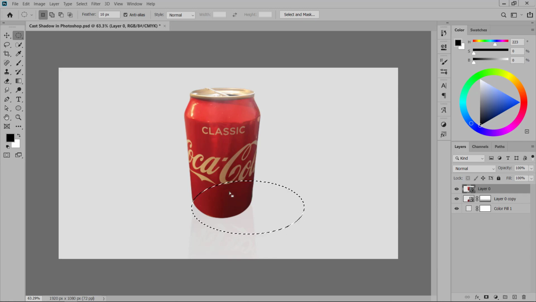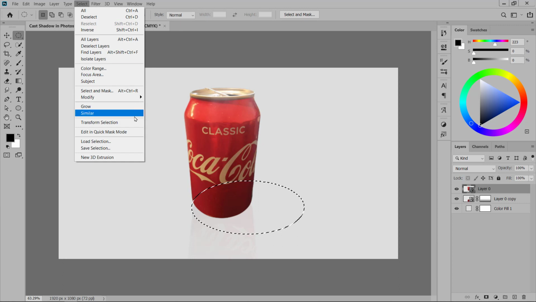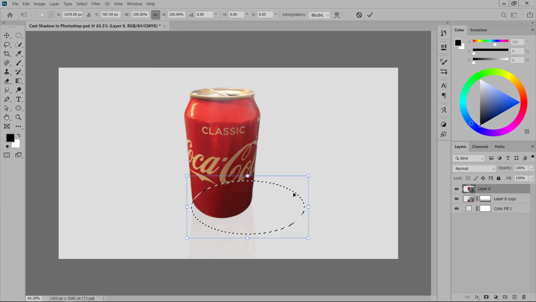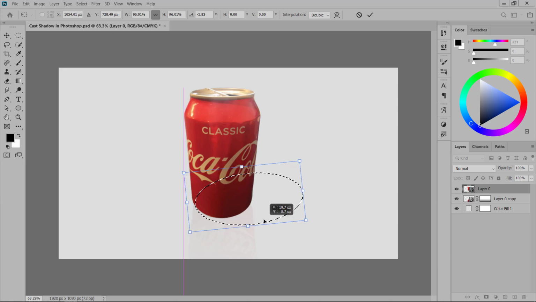I will draw the selection and then go to Select and then Transform Selection, and then I can increase or decrease its size if I want, and I can change its angle. The light is hitting it at this angle, so the shadow will be at a little bit of this angle.